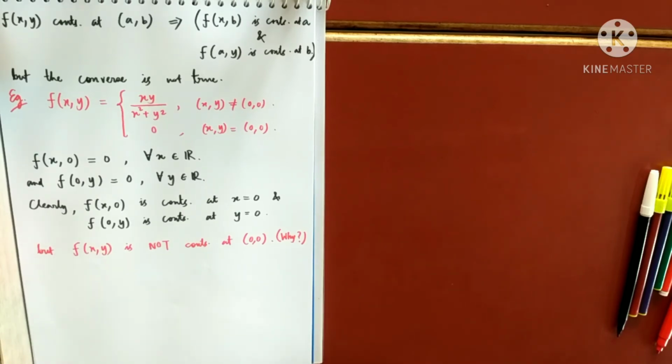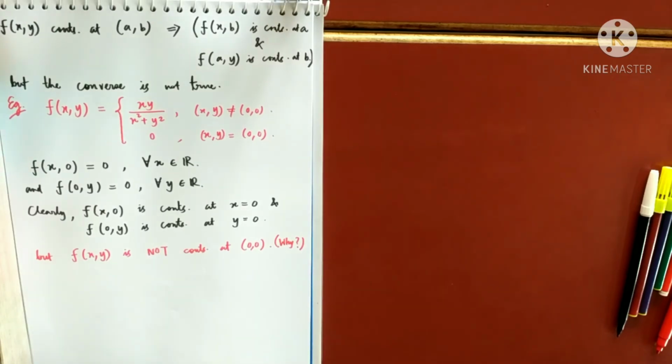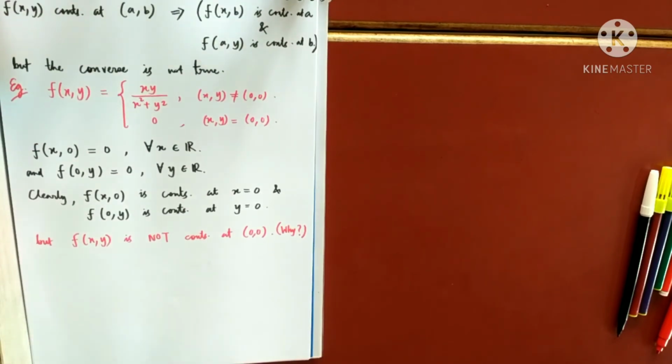Okay, so this completes our chapter on continuity. We have completed limits and continuity fully. We will now enter partial derivatives. But before entering partial derivatives, let me teach you something. Do you have any doubts up to here? If you have any doubts, feel free to ask and let me clear a few things now.